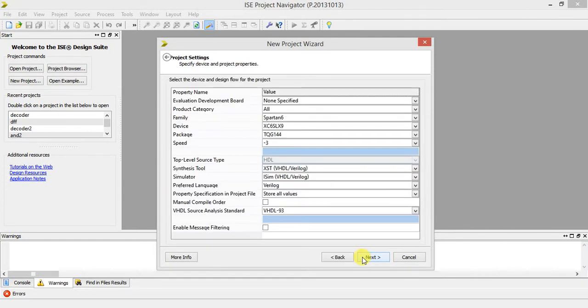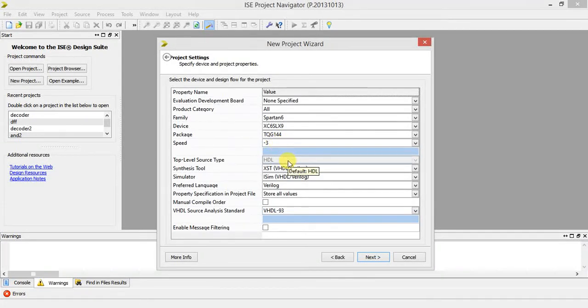So click next. After that, by default, you can see the family is selected as Spartan 6. If it is changed, we have to select Spartan 6 since we are using Spartan 6 in our kit. The device name is XC6SLX9. XC means Xilinx Corporation, 6 is Spartan, and the package we are using is TQG144, a thin quad type of package, 144 pins are there, and speed is -3.